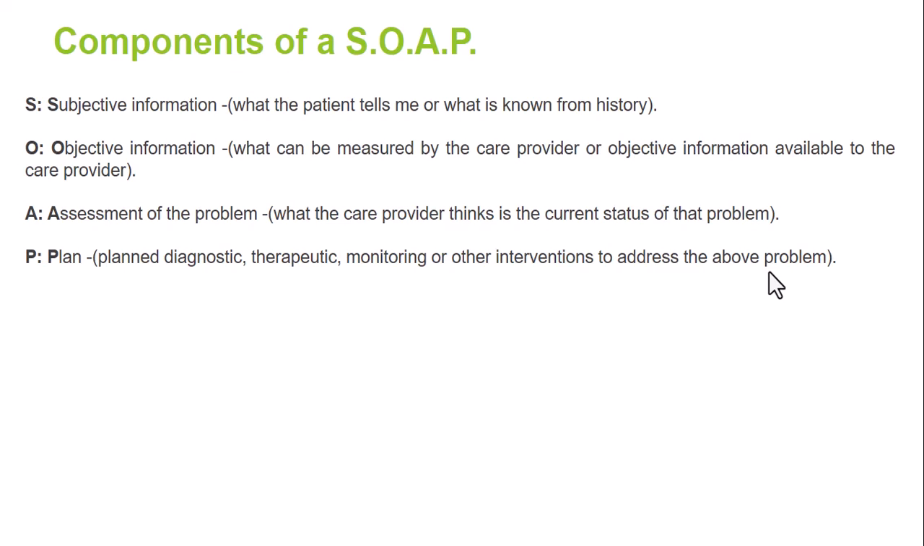And then objective information: what can be measured by the care provider, or objective information available to the care provider. A stands for assessment of the problem, what the care provider thinks is the current status of that problem. And then you have to plan. What do you do? After finding out all this information about your patient, you plan the diagnosis for this patient,